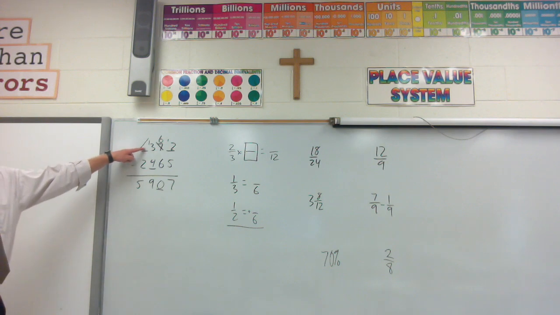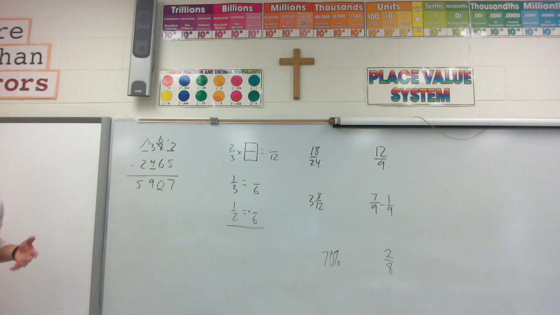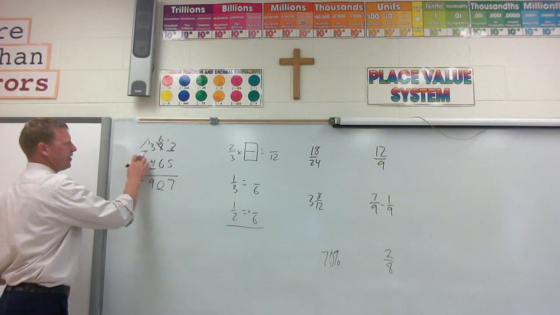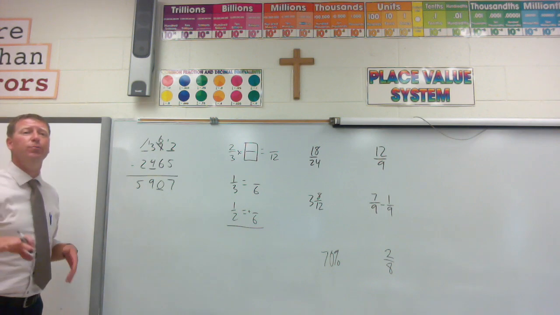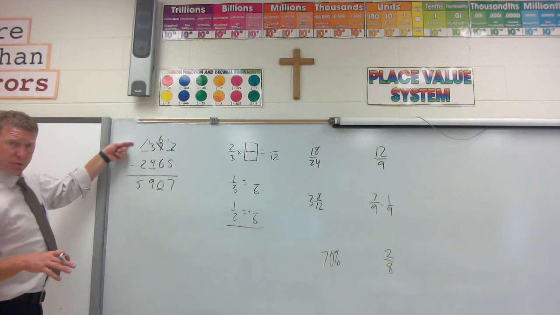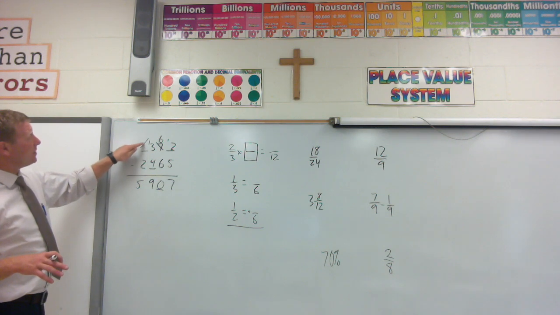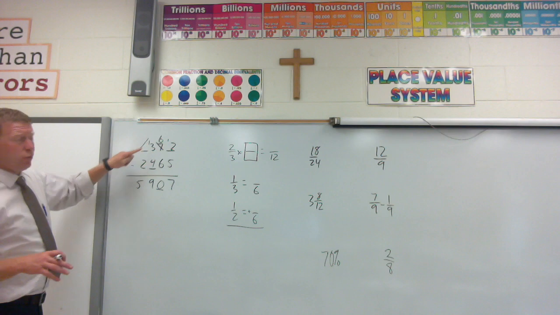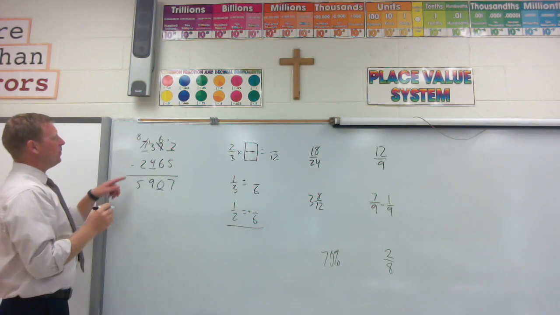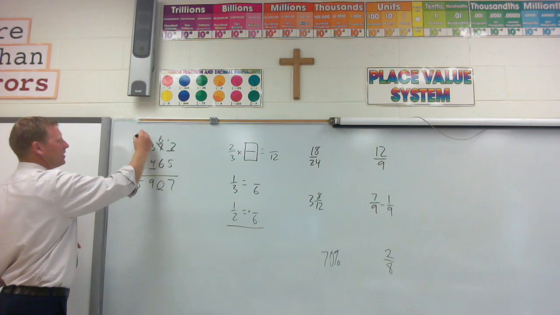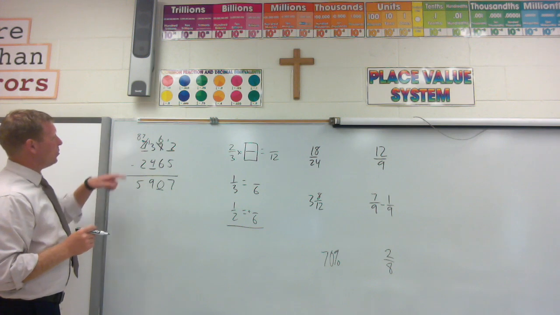Okay, now we got to go back and figure out what this number is. Now, there's 2 ways to do that. One is keeping our pattern going. The other way, guys, is you have 2 numbers right here. So you could just add these 2 numbers together to see if you got the right answer. I'm going to do both of them with you. Missing the first in subtraction, I add. 5 plus 2 is 7, but remember, I crossed it out and brought this 1 over. So the 7 really becomes an 8. Because it wasn't 8, I crossed it out, made it a 7, made that a 13. So I think the correct number is